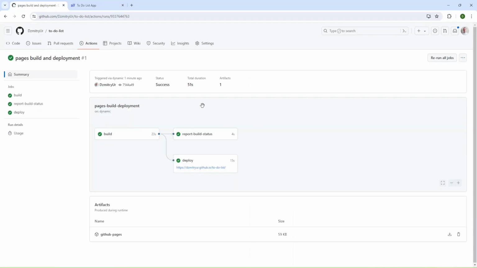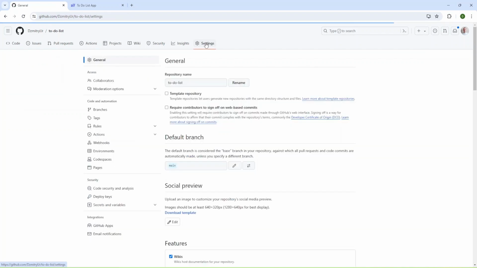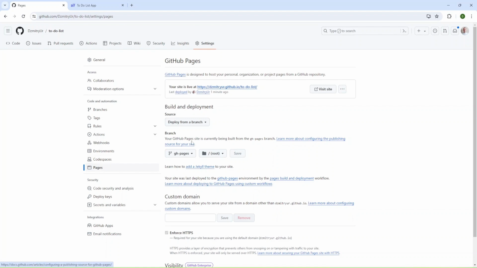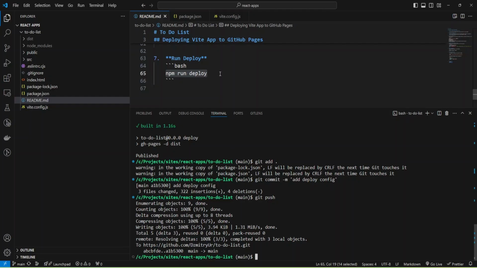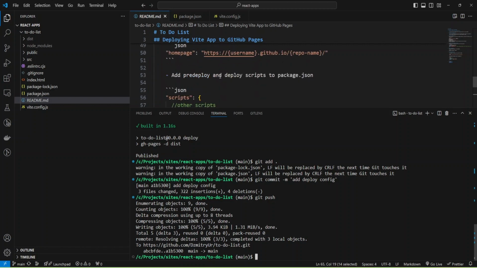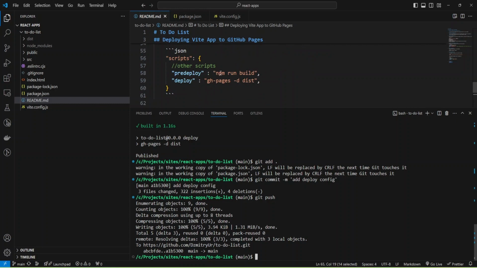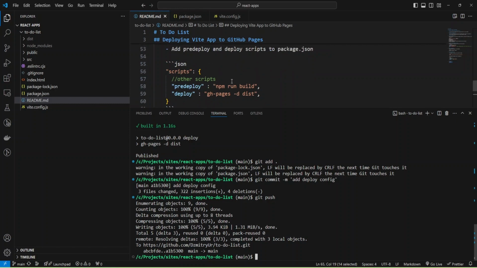And one more thing, you can go to settings and check the default branch inside GitHub Pages. We have pages, and as you can see, the branch was changed to gh-pages, and we can deploy from that branch. If you want a fully automated process, you probably need to create some action and add a workflow on push, but it is a more complex solution. And for small applications, you can just use this approach that I demonstrated.